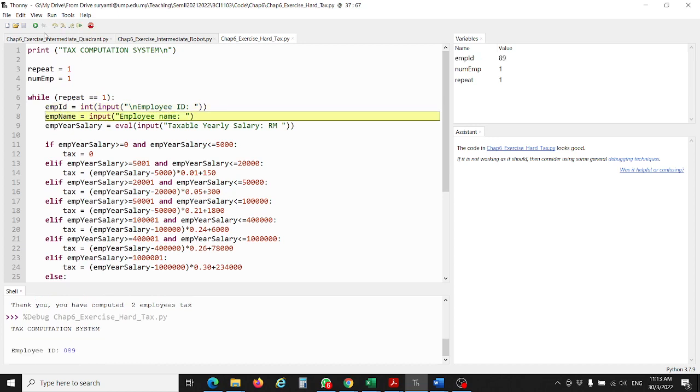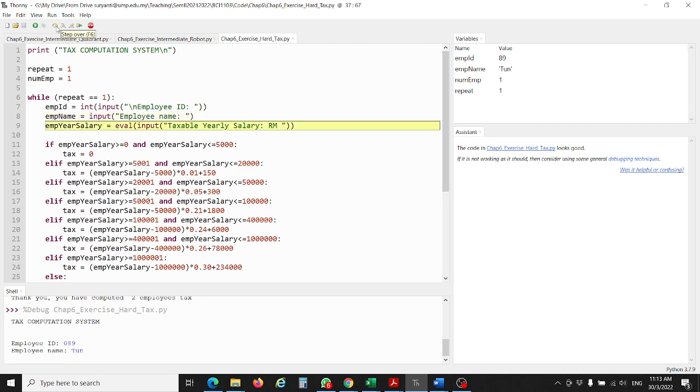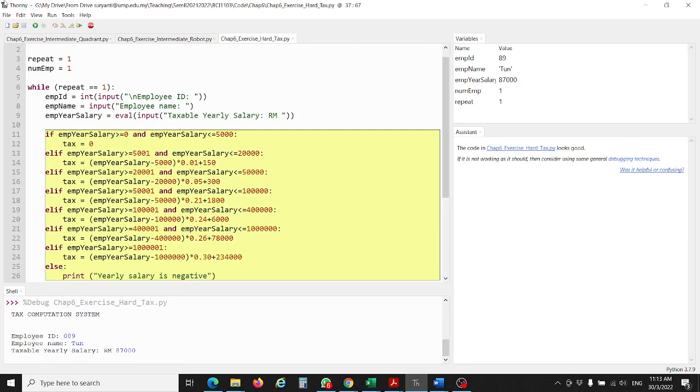Okay. And then I have employee name, Tone. And then yearly salary, taxable yearly salary. Let's say saya masuk 87,000. Okay. So now we go one by one. Okay. Yearly salary